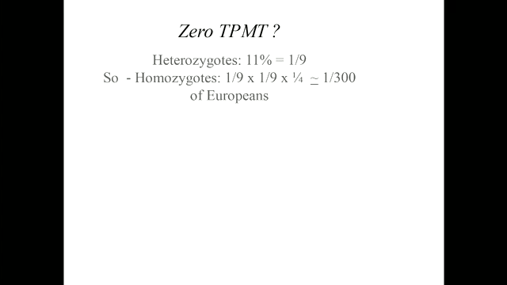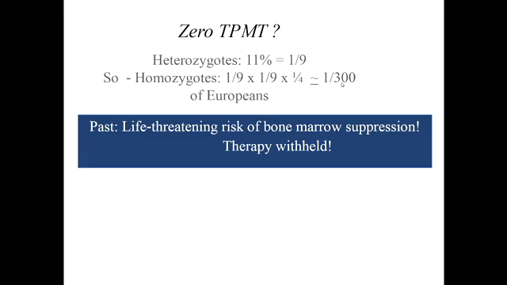And same with adults. TPMT heterozygotes are 11%, so 1 in 9. If you remember your genetics from first year, you can work out how many homozygotes are present in the population. So if 1 in 9 in the population are TPMT carriers, the chances of meeting another one and marrying them is also 1 in 9, so you multiply them together. Then if you have children, because it's a recessive disease, there's a 1 in 4 chance of one of your children having a complete deficiency. You multiply that all up, it's about 1 in 300 amongst Europeans,